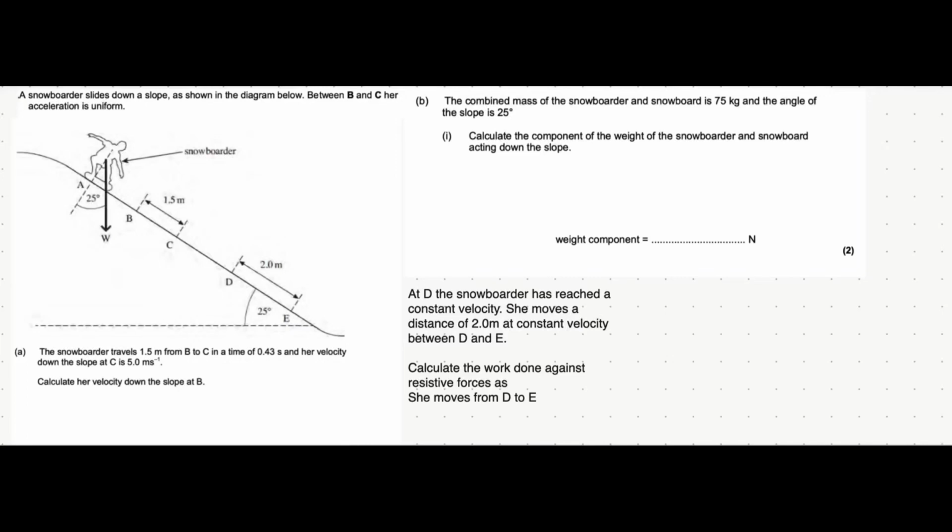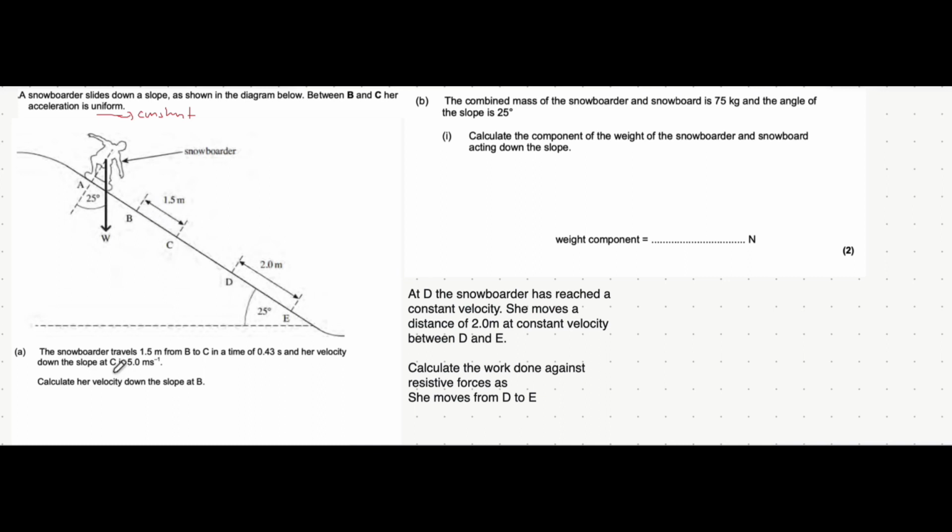In this video, we're going to look at motion and mechanics. There's going to be a few questions on energy calculations and also a little bit on Suvat. So just to start with, it tells you a snowboarder is sliding down a slope. Between B and C, her acceleration is uniform. Uniform is just another word for constant, meaning that we're probably going to have to use Suvat for the motion